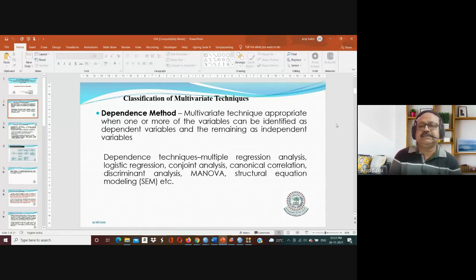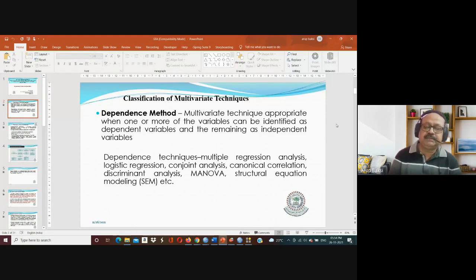We have regression analysis, we have the multiple regression analysis, we have the logistic regression analysis, we have the hierarchical regression analysis, then we have the ridge and lasso regression analysis, we have the conjoint analysis, the canonical correlation, discriminant analysis, which uses the categorical variable and thereby makes it different from that of regression analysis. We have MANOVA, we have the SEM, the structural equation modeling, which necessarily follows after the confirmatory factor analysis. So we have a number of dependence techniques where we find existence of a very well and predefined set of